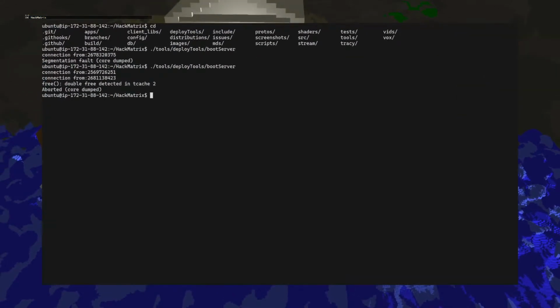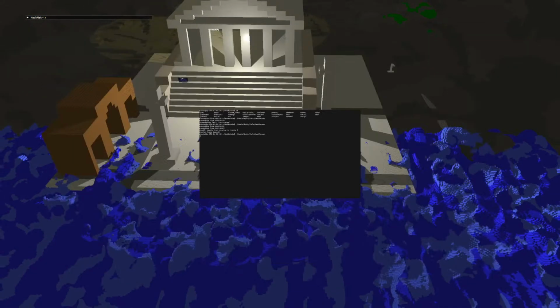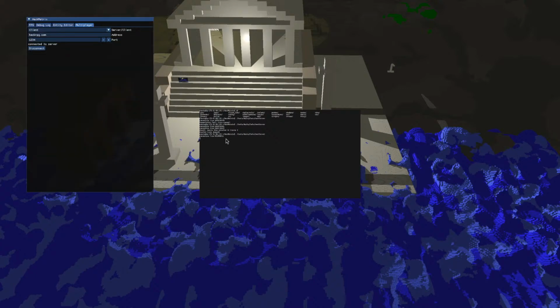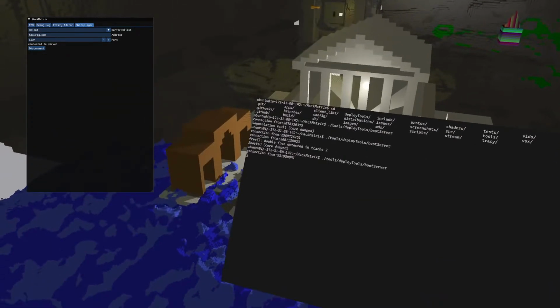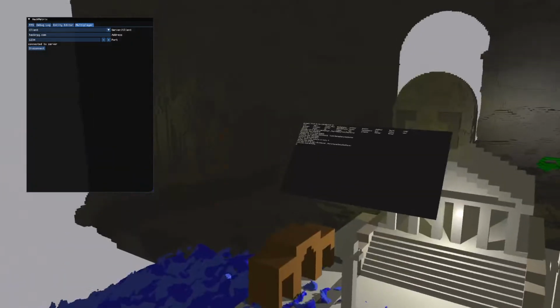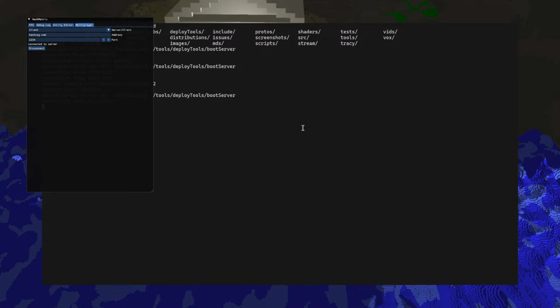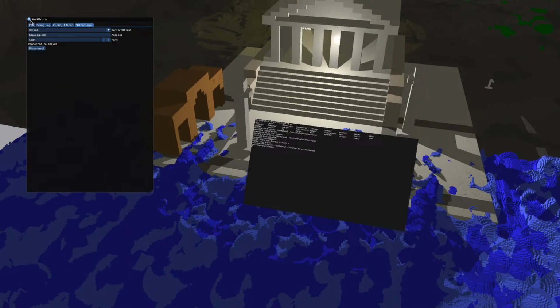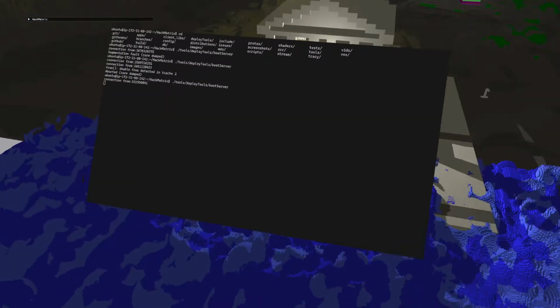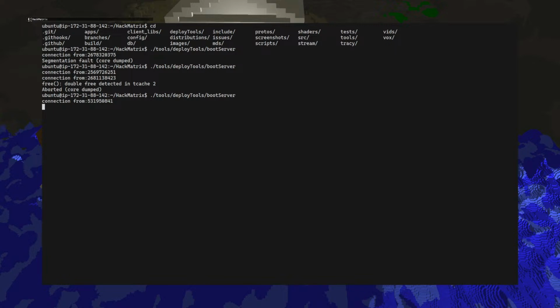And then there's a connection. Because I was able to get Christmas wreath working in multiplayer. So right now I rebooted the server and only I'm connected.